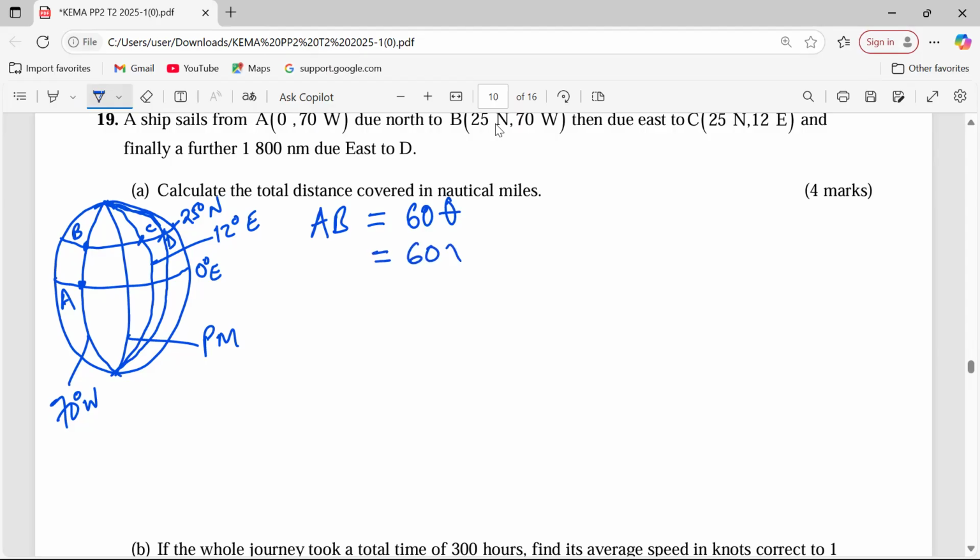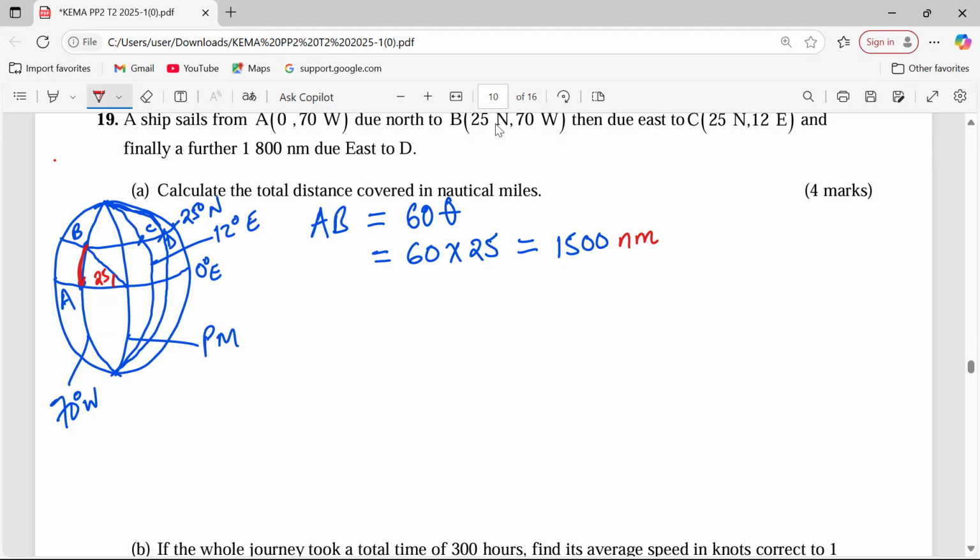So 60 multiplied by 25. 60 by 25, right? I hope you understand that. 1500. 25 is from 0 degrees, from the equator all the way to, this is an arc AB. Let me draw it well. This is an arc AB. So from 0 degrees all the way to 25, there will be an angle of 25 degrees. So we are using the angle difference of 25 multiplied by 60 for us to get the distance in